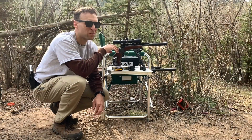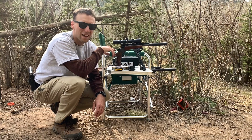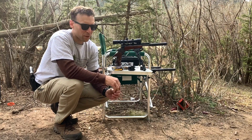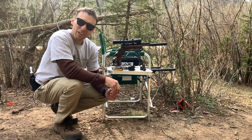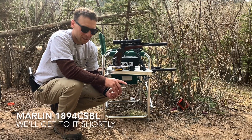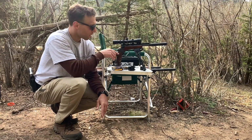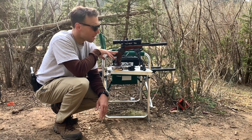Up in the mountains just south of Pikes Peak shooting today because it's a nice Sunday afternoon. And I thought I'd do a couple videos of just a couple of guns, a little more non-traditional, I guess. I just got done shooting a Marlin 1894 rifle in .357 Magnum that had a bunch of tactical upgrades. And the other one I'm going to do, this is a Thompson Center Contender pistol that I've had threaded